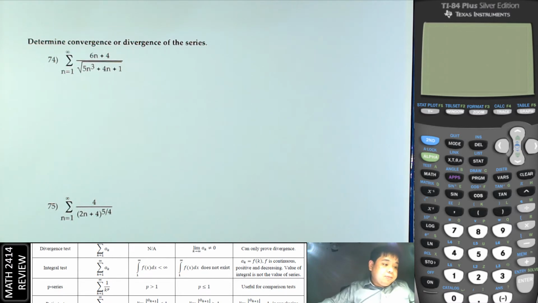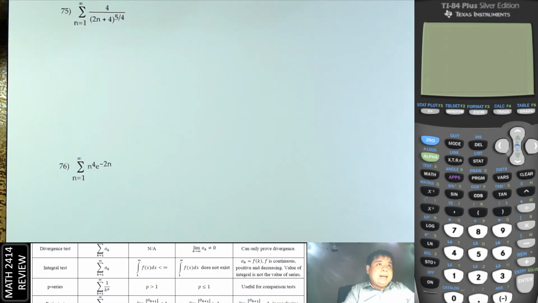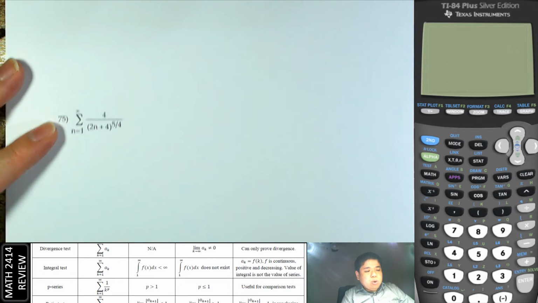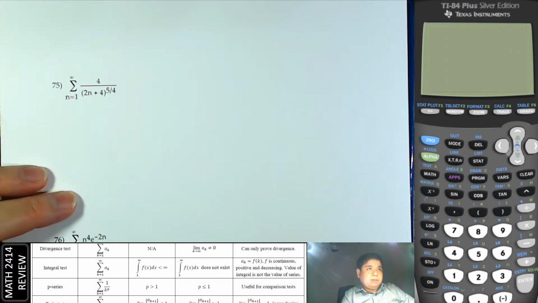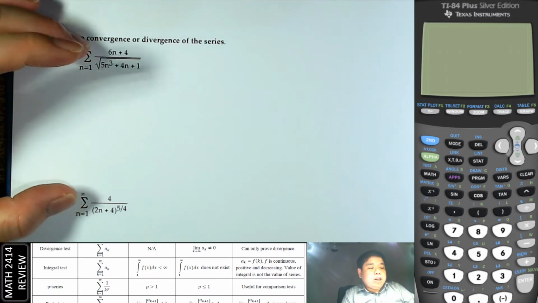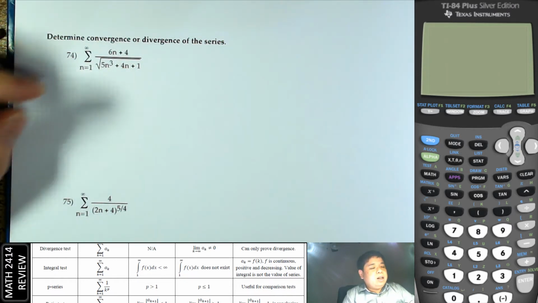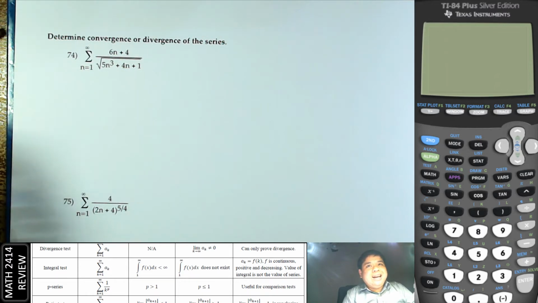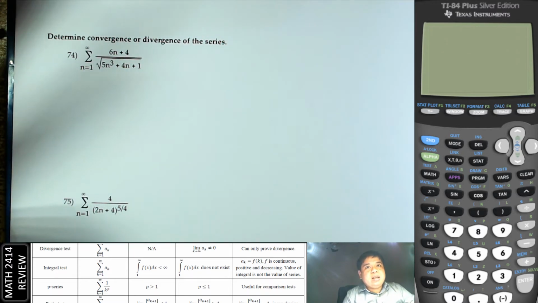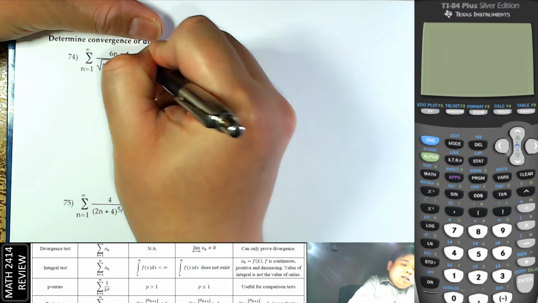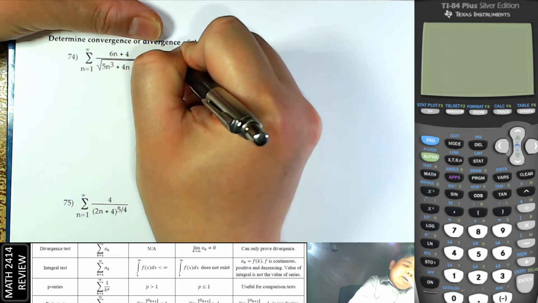Right, next, determine the divergent and convergent. So here we have a few series, and it did not tell us what test to use. Right, so what test should we use? Usually when we look at this, especially these two, where the top and bottom have more than one term, it will be easier if we use the limit comparison test and just compare the term that goes fastest to infinity. So for that, if I write this series as the series of a sub n,